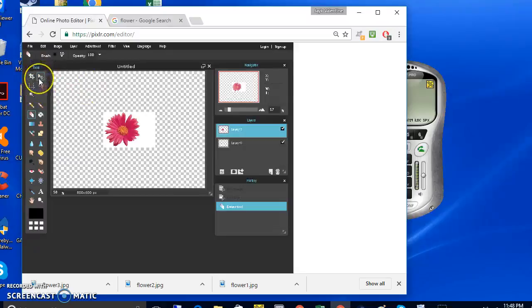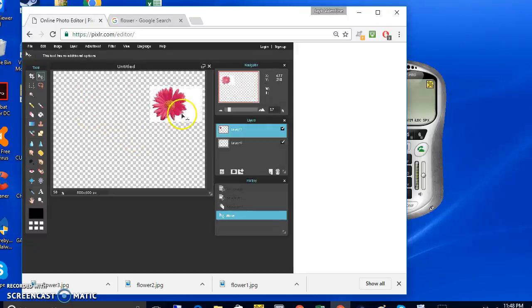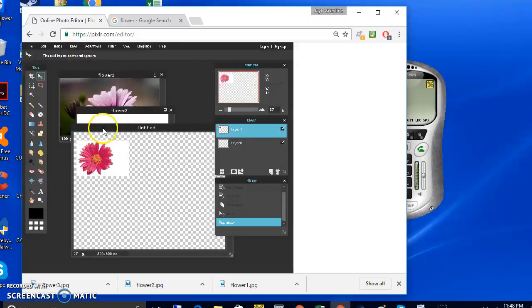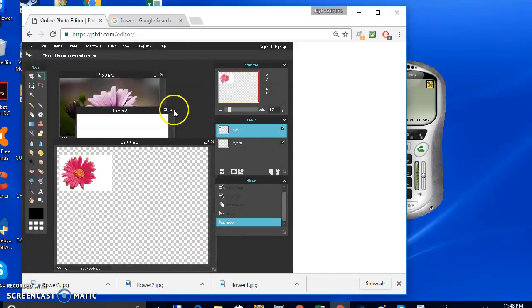To move it, you would use this box up here in the corner. I think it's called the Move tool. And see, we're moving it all over the place. Just put it wherever you want it. For now, I'm going to put it right there. Okay, so now we're going to go to, let's take flower